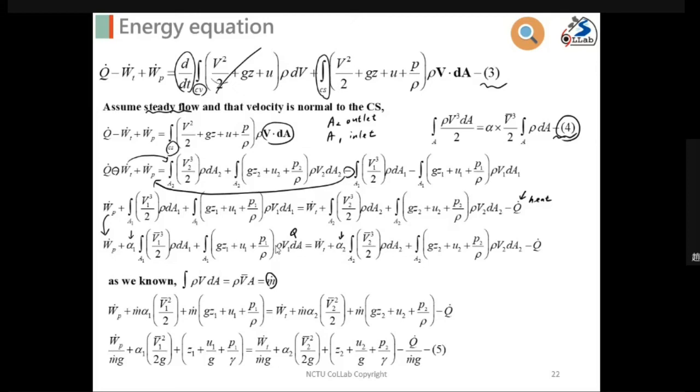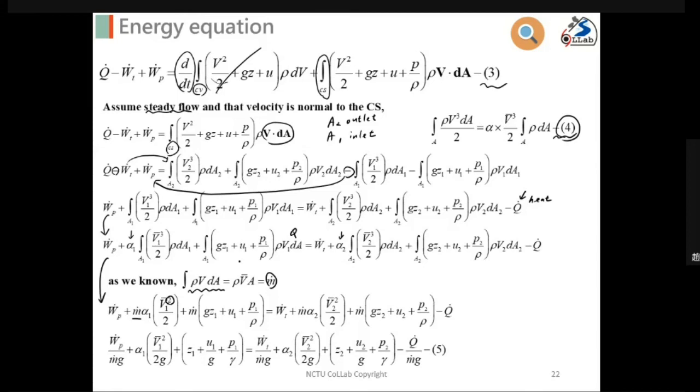That is based on the idea that rho does not change with different spatial positions, so I will assume the flow condition is incompressible flow. Okay, so we can rewrite the equations. We don't need the integration operator because we know this integration is equal to the mass flow rate. So we rewrite the equations here, and